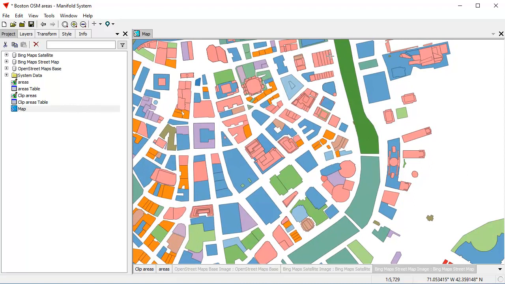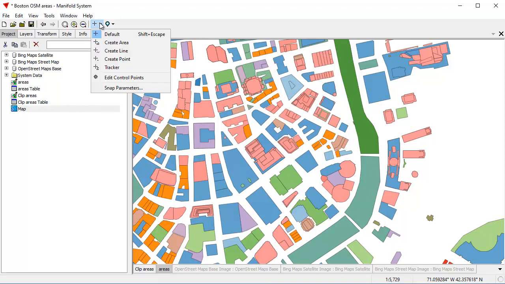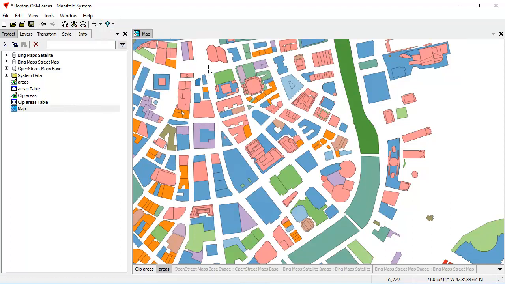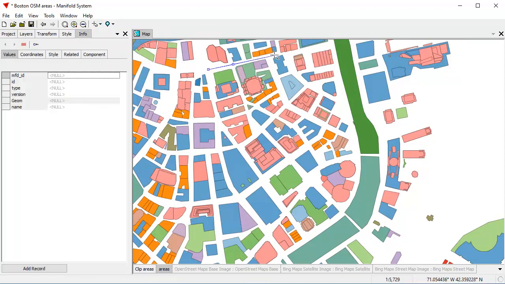What I want to do is draw a polygonal area for the neighborhood, which fills in all the empty space between all the different OSM polygons. That's a pretty complicated deal, but we'll do it quickly. We're going to click on the areas layer to make that the active layer. Here I'm going to choose create area, and proceed as if I was creating an area in the usual way with Manifold, using the create area tool to click the various vertices for the area that I want to create. I'm just going to outline the neighborhood of interest so it completely surrounds